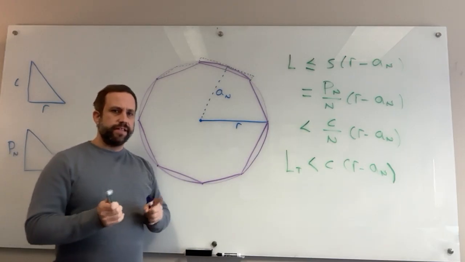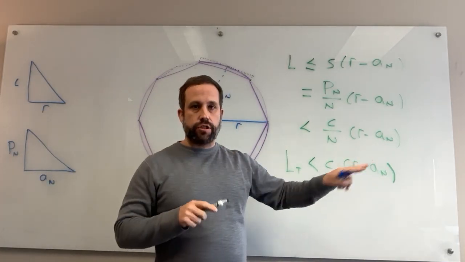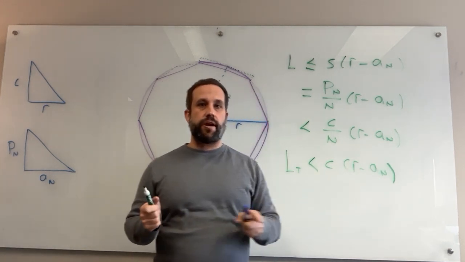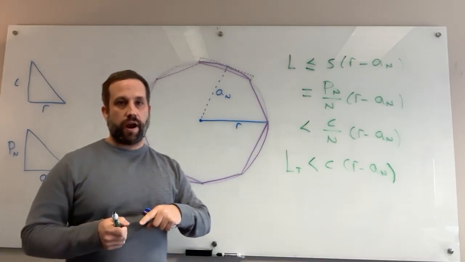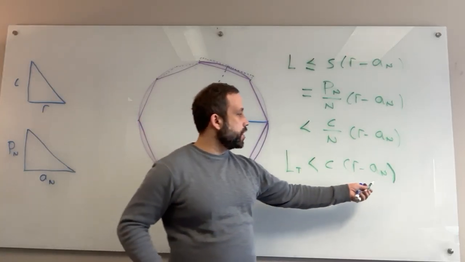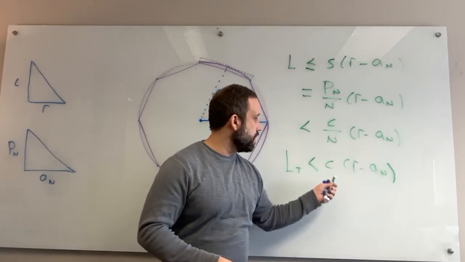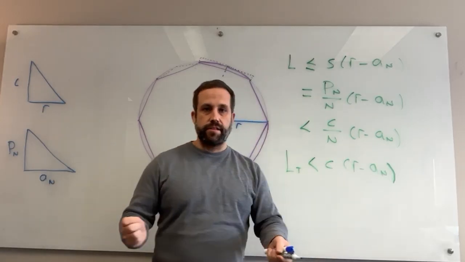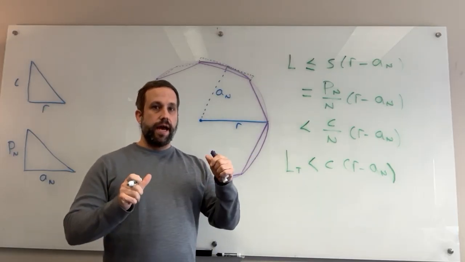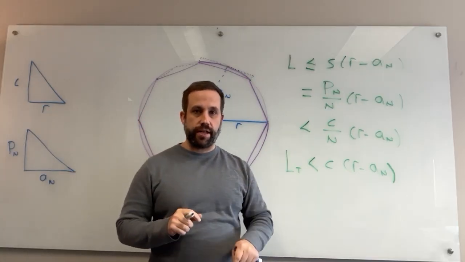rigorous proof here. It's not important, but I just want to mention that we actually know that AN is equal to R times cosine of pi over N. And so using some calculus, you can actually show that this is less than or equal to pi squared over N squared. And so if you know that, you have a quantitative bound. This just says we know AN goes to 0, and so we know there's such an N, but if we know that this total quantity here is less than or equal to the circumference times pi squared over N squared, or that would be 2 times R times pi cubed over N cubed,